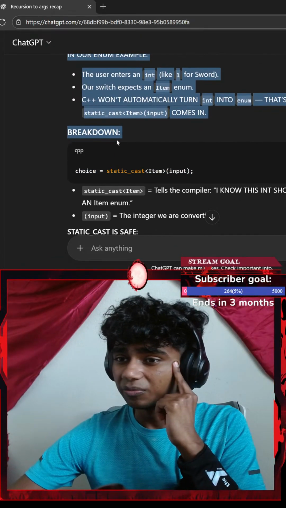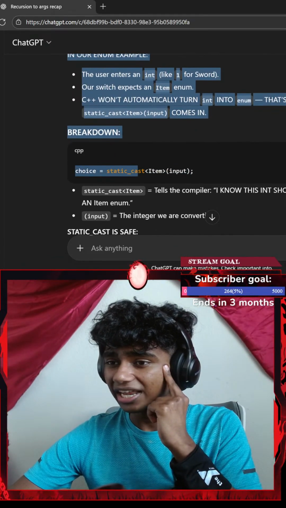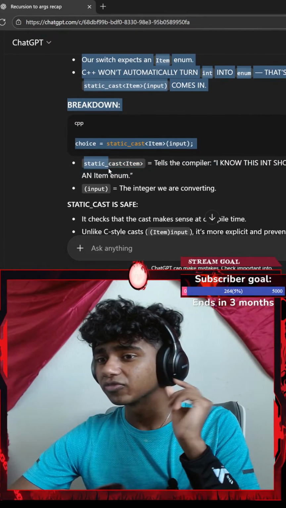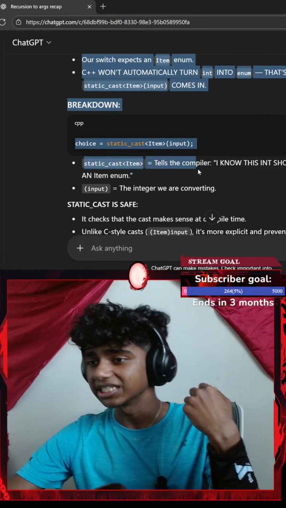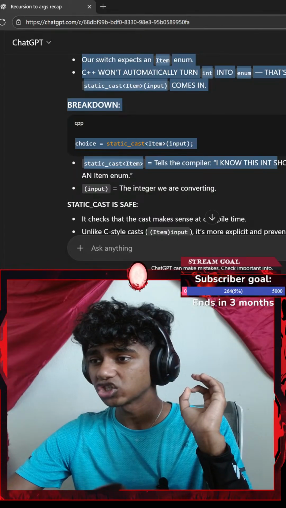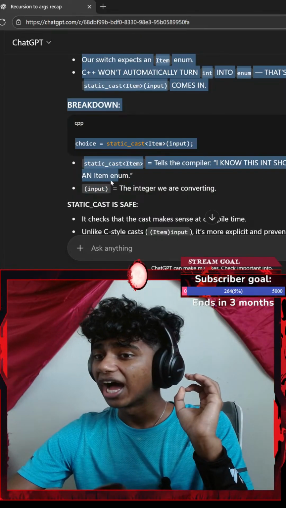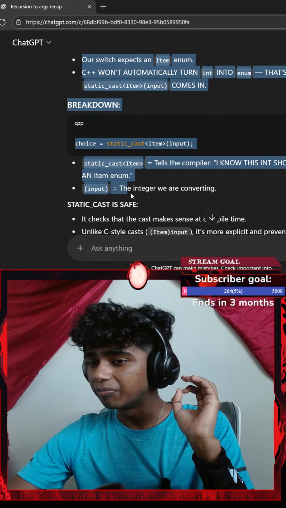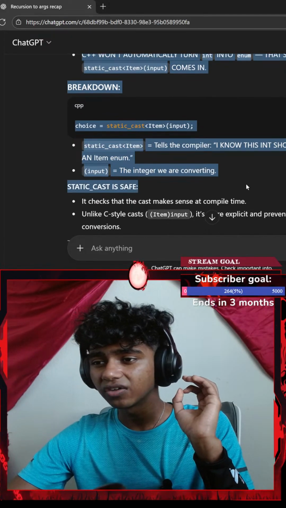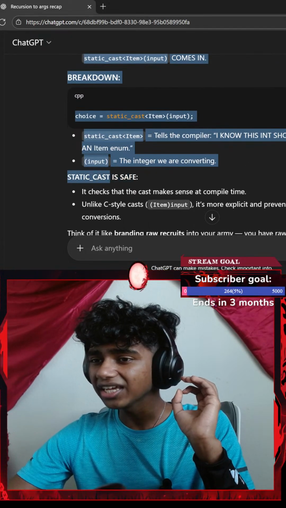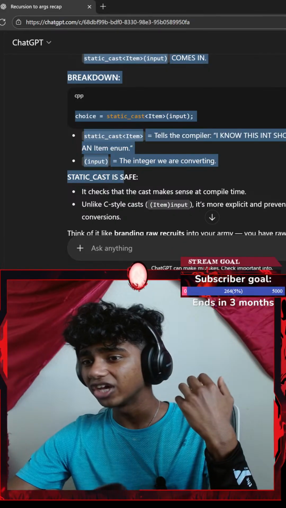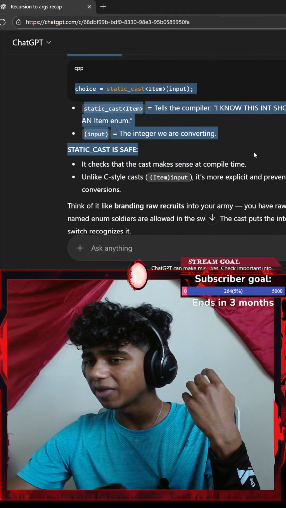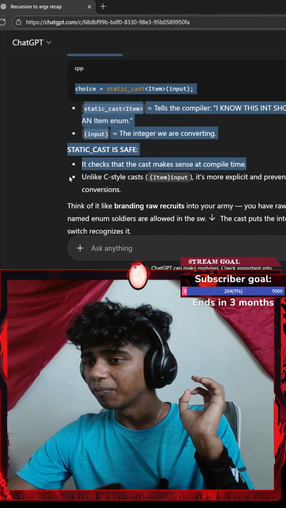Excuse me guys. Breakdown. choice equals static_cast<Item>(input). Static_cast tells the compiler I know this integer should be treated as an Item enum. Input is the integer we're converting. Static_cast is safe. It checks that the cast makes sense at compile time.